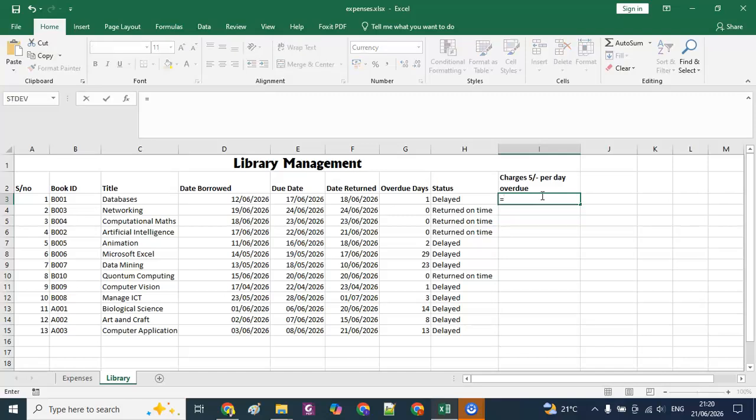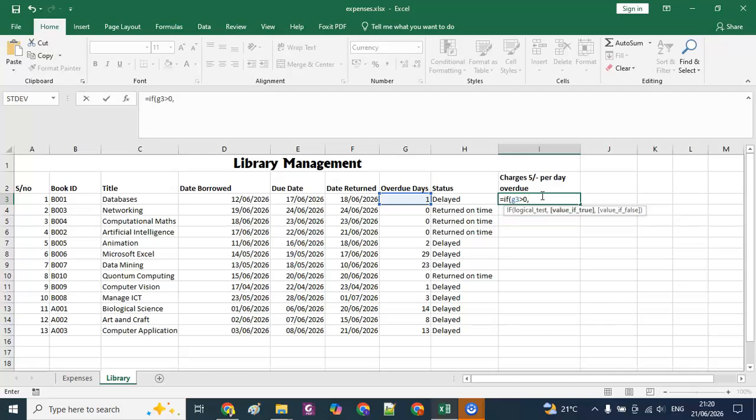So again, I'm going to use IF as a function. It's a very important function. I want to test the condition, and the condition is again on the overdue days: if G3 is greater than 0,